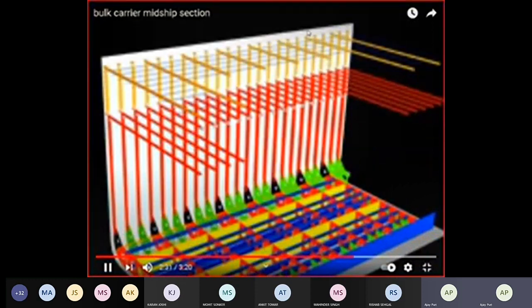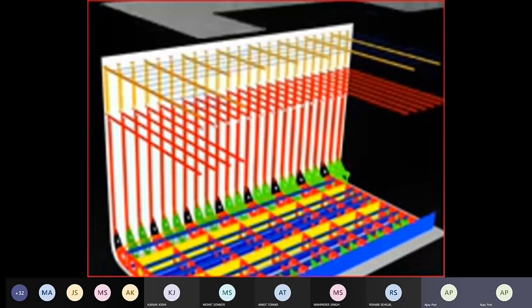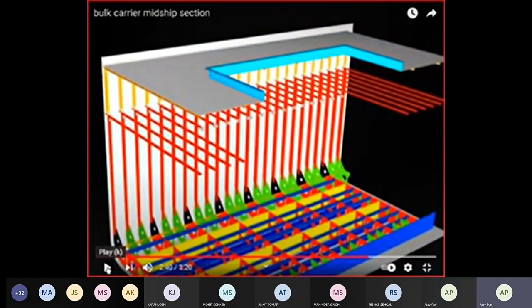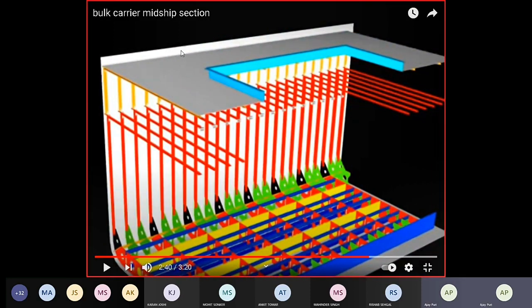Blue ones are your deck longitudinals. The deck plating. फेब्रुवरी बैच, ये बताओ ये क्या प्लेट है? फेब्रुवरी बैच को तो मालूम है, अप्रैल बैच बताएगा ये क्या है। अप्रैल बैच ये क्या चीज है? Shear strake. हाँ, shear strake है, करेक्ट बोला। दिस इज अ shear strake, नॉट फिश प्लेट। हैच कोमिंग आ गई आपकी।